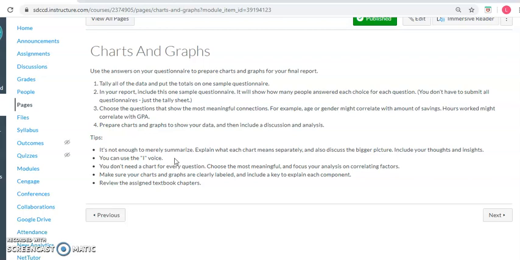You want to choose the best questions and the best charts and graphs that are going to inform your report. If you just show me 20 questions and 20 pie charts, you're not really doing a good job of analyzing your data. So when it's time to prepare your charts and graphs, you want to pick the questions that you think are the most informative, and you want to make the best chart or graph that best represents that question. All right? Now, once you've done that,